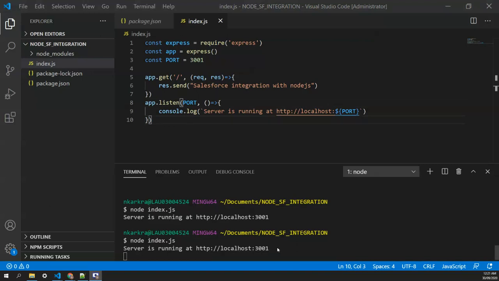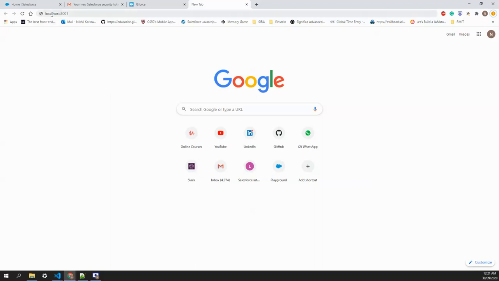Now our server is running. Just copy this URL, go to the browser, paste it and hit enter. Now you can see, I just zoomed it, our server is sending the response and we are seeing it on the browser. So our first API is done. Our Express server is running totally fine.